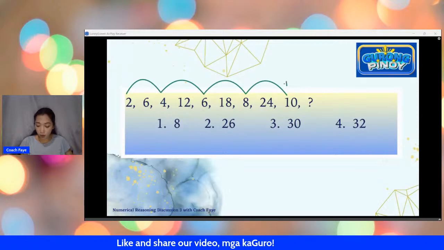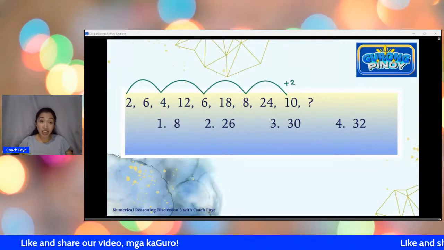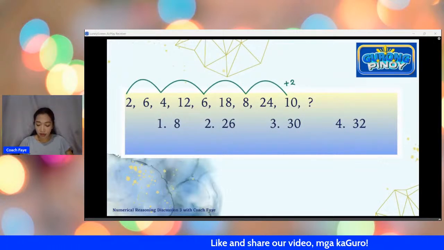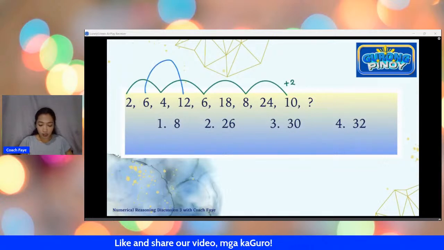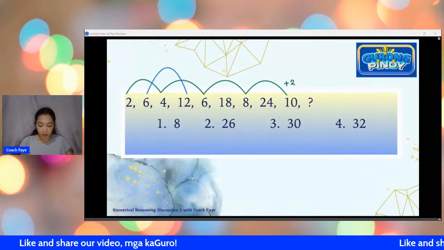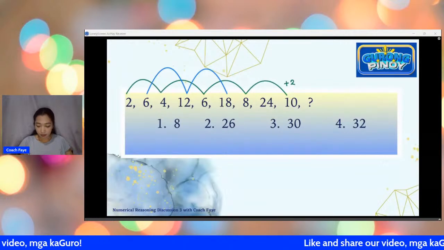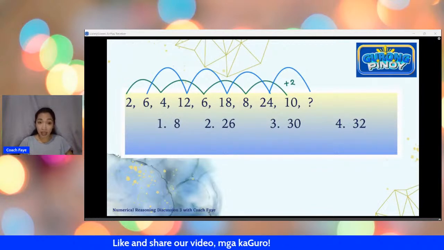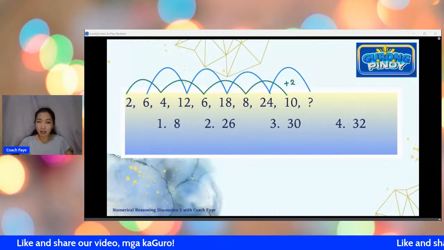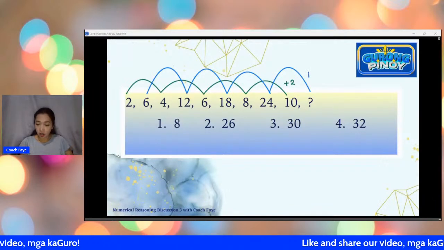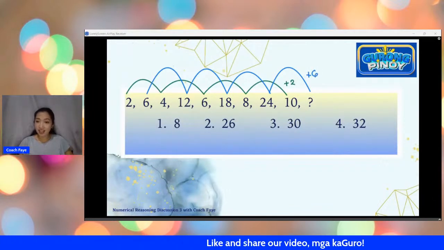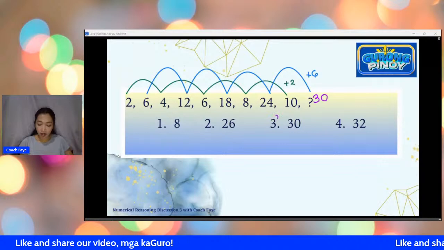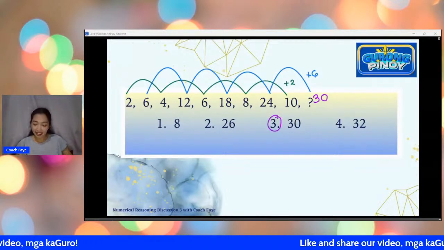So, this is plus 2. Yung nagsiskip po tayo ng numbers, tapos nagpa-plus 2. Tapos, meron din namang part dito na yung ganitong skip, leading to our unknown number. Yung ganyang skip naman is, ano yung pattern? 6 to 12, yung 12 naging 18, yung 18 naging 24. We are doing plus 6. So we expect that our answer here is going to be 24 plus 6, 30. So the correct answer is indeed item number 3.